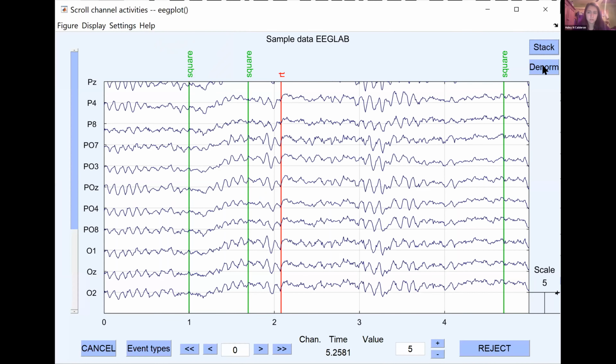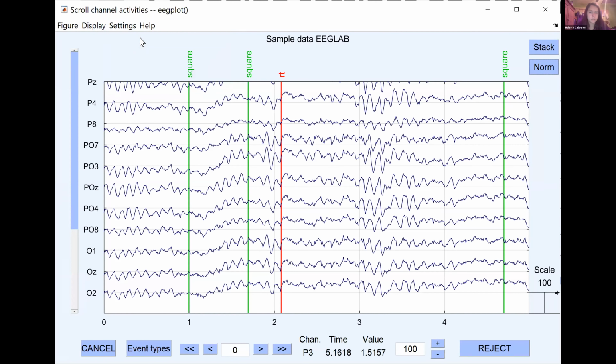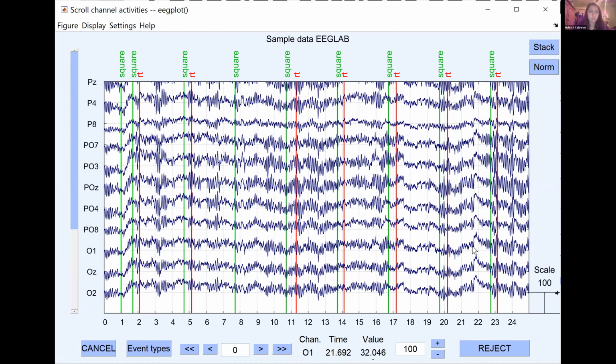First, I'm going to turn those off. Settings, time range to display. So right now I am in a 5-second window. Say I want to make it 25, right? Then that's what it looks like. Although that's kind of unclear, so it might be best to